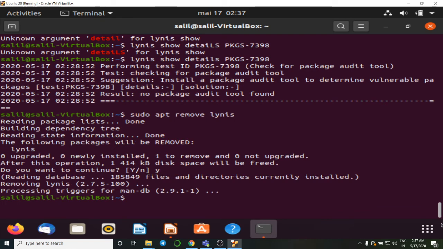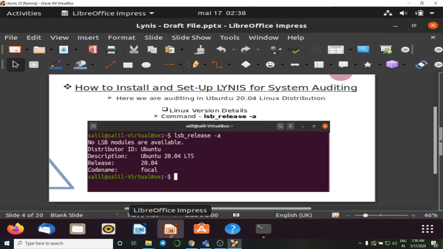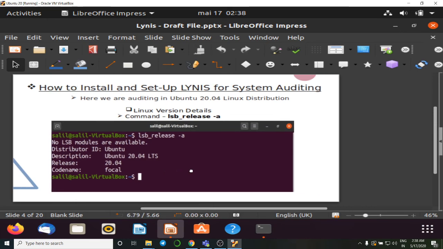So this is the end of how to use this Lynis tool, and we covered how to install, how to audit, how to implement the warnings and suggestions in the audit, how to look at the details about each and every warning, and also how to uninstall Lynis. Let's go through a quick conclusion of the steps we have followed.